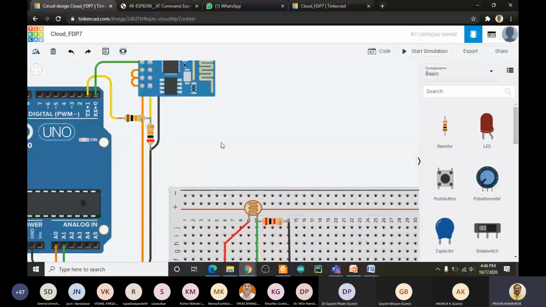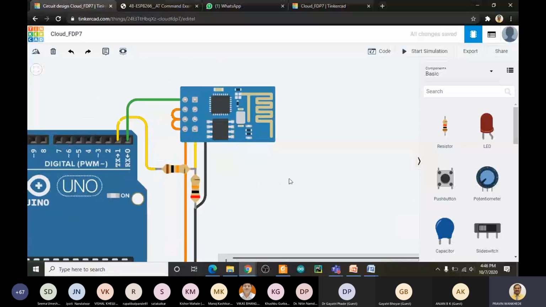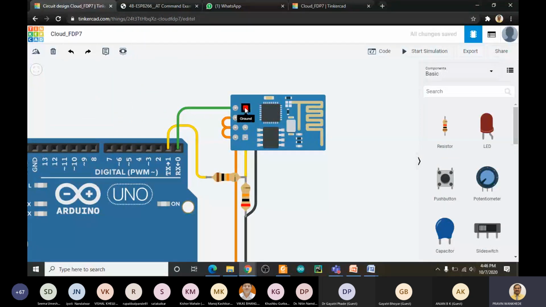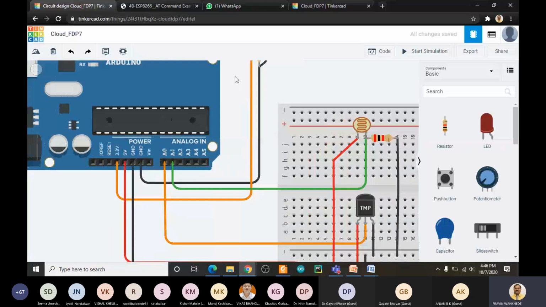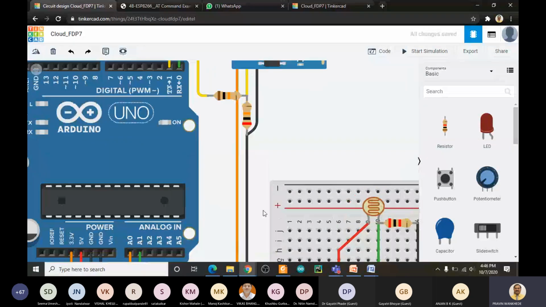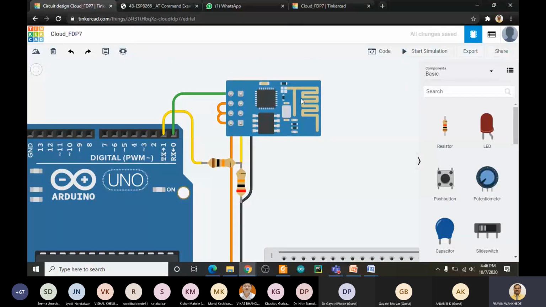You see here, this is the Wi-Fi module, and it has 8 pins. Some pins are going to RX and TX, and a few pins are going to power: one to 3.3 volts and one to ground. So we only use 4 pins out of this ESP8266. Let me see how many pins there are and what their use is. The first pin is TX. This TX pin of the ESP8266 goes directly to the RX of the Arduino.